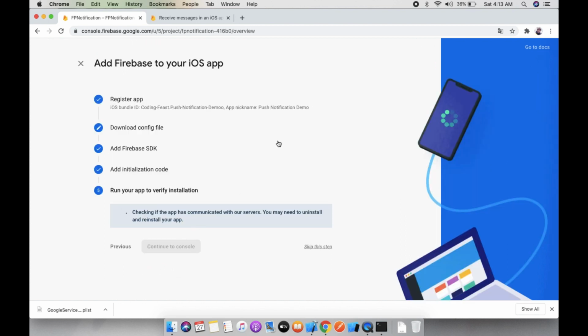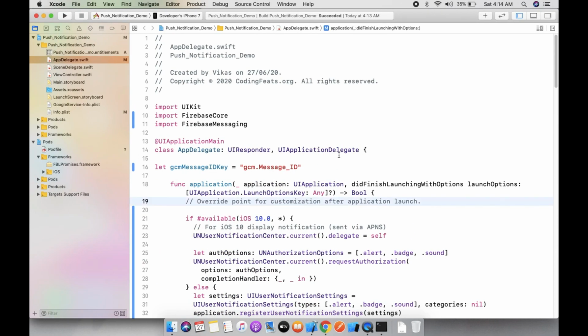So next, now your app is verified for installation, and here you can see the loader is checking if the app has communicated with the server. You may need to uninstall and install your app. So we need to build this project and run it.